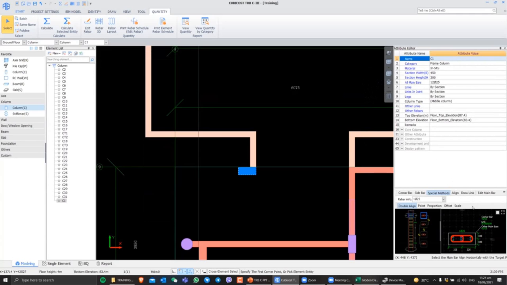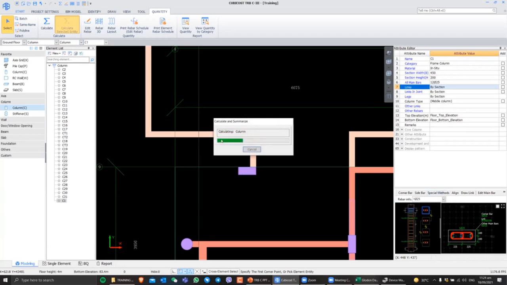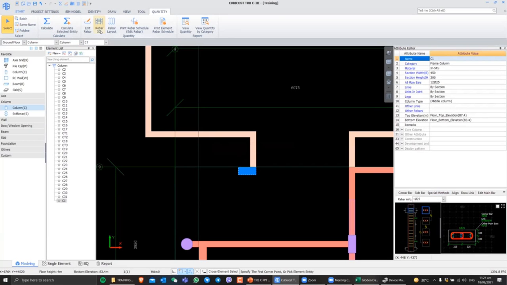So every time na magbago kayo ng rebar info sa inyong mga elements or maybe nagbago kayo ng project settings, press recalculate again. So pwede pa tayo mag-recalculate as long as hindi pa natin i-edit ang cutting list. Okay? Recalculate lang again. So calculate selected entity. Okay? And then show the rebar info again. So rebar 3D,